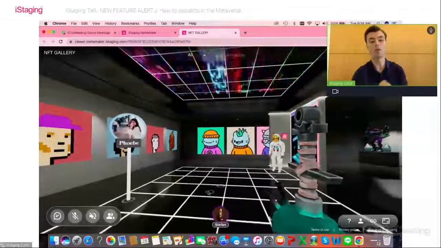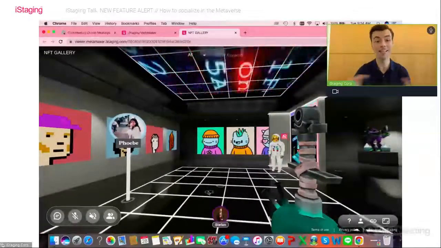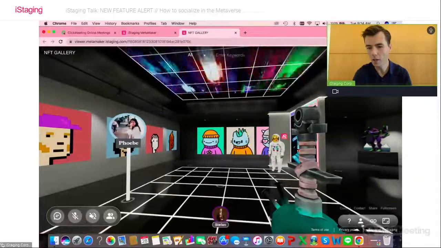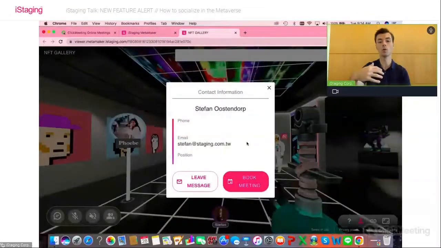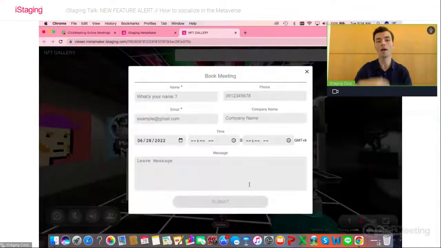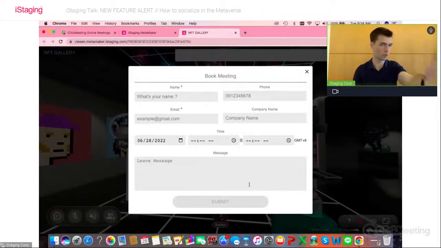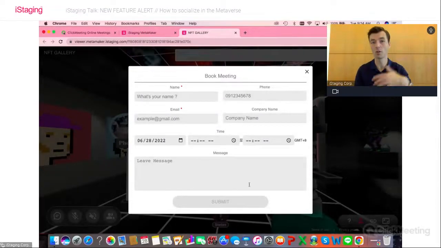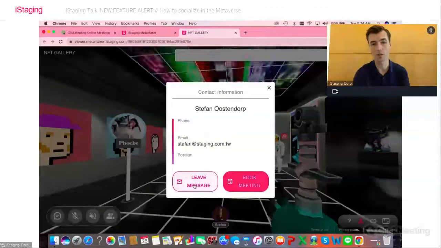Okay, then a couple of things before I go to the other way of moving in this space. If I go to contact, you're actually able to book a meeting with the host of this space. In this case, that would be me, but anyone that created the space, by clicking on book a meeting, and automatically that will send a message to the creator of the space, and it will be confirmed. As I said earlier, a Skype link will be sent out, but you can connect in any way that you'd like. So if you're not there live, connecting with someone with avatars, you can do so by simply booking a meeting, or leaving a direct message to someone here as well.